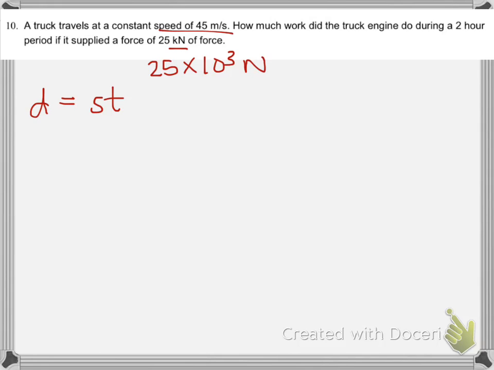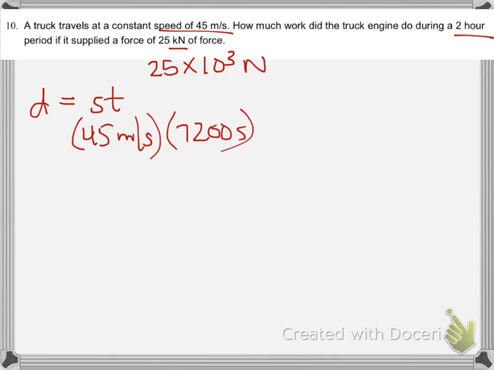So we're provided with a speed of 45 meters per second, and we're given a time period of 2 hours. 2 hours is 7,200 seconds. If you do 60 minutes times 60 seconds times 2 hours total, you get 7,200 seconds. So when we do that, we find out that our distance is 324,000 meters. So that is the first step of our equation, but then we also need to find the work,